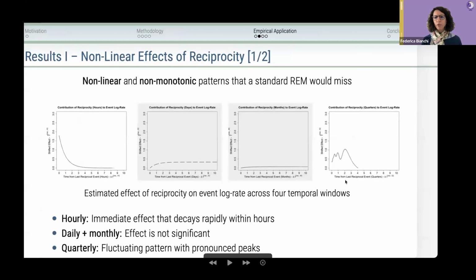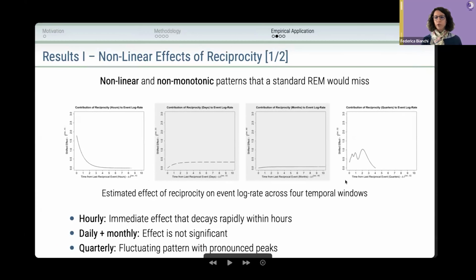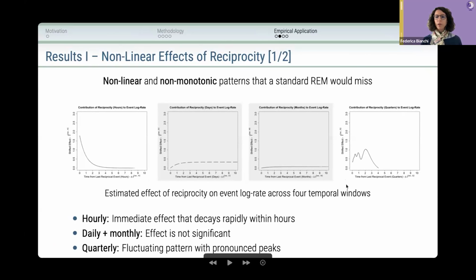And if we look at the contribution of reciprocity at the quarter level, we notice also that the contribution of reciprocity has this oscillating form, which is not only nonlinear, but also non-monotonic. And this is a special feature that this modeling approach allows us to